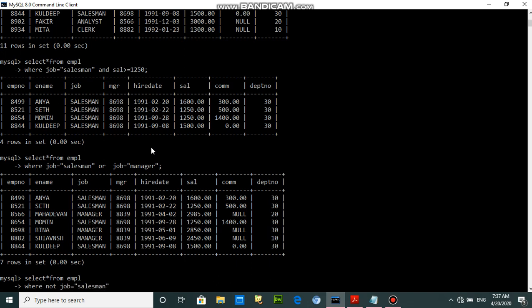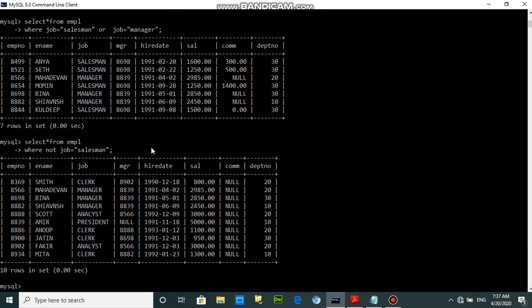So what is the meaning of this? This will show the output of only those employees who are not salesmen or who are not posted on the salesman post. So that's clear. So this is the logical operator.